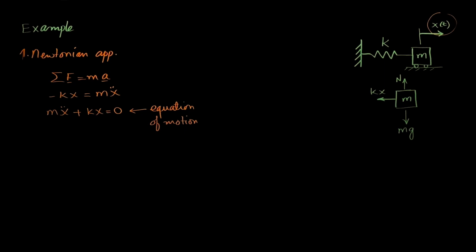So this is using the Newtonian approach, and as I said, it's a fast method, but you have to be careful because you're using vectors here, directions, signs. Any mistake in assuming the direction of the force or substituting signs in the equation, you will end up with the wrong equation of motion. On the other side, if I look at the energy approach,